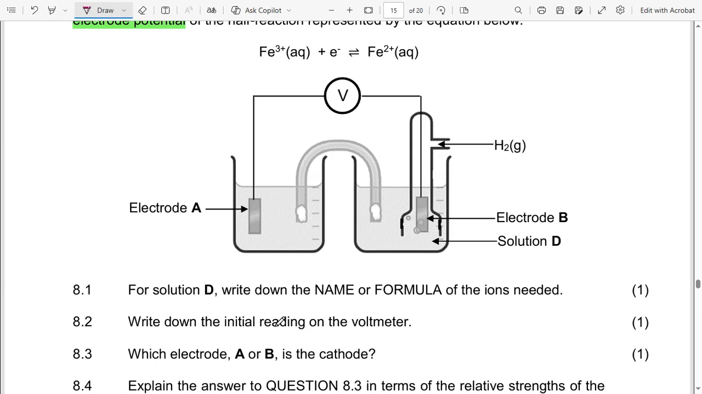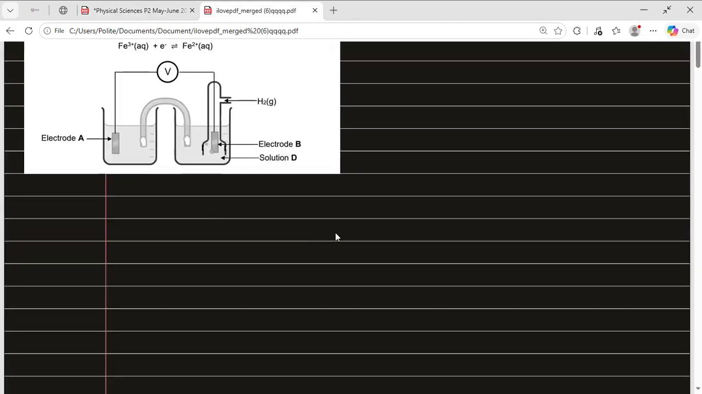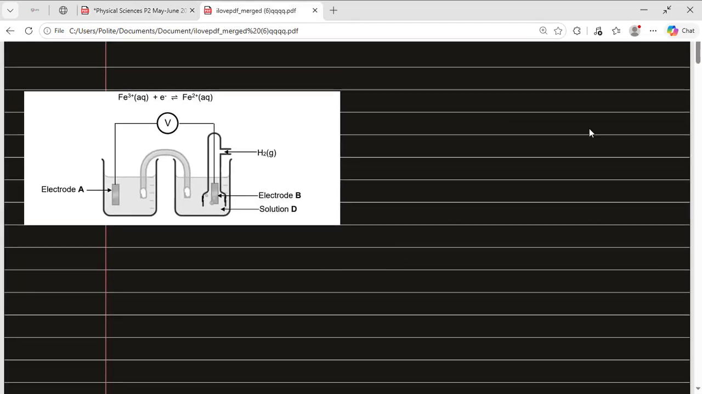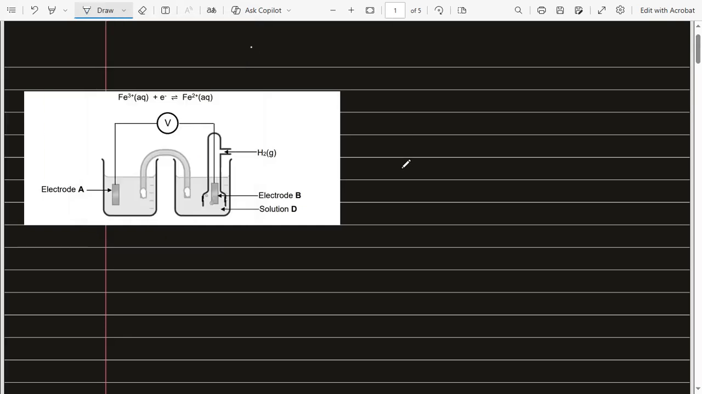Okay, so the first question says for solution D, write down the name or the formula of the ions needed. Okay, for the solution D, this is your solution D, and they want us to write down the name or the formula of the ions needed. So I'm going to give you guys step by step what you need to do. So this is what you are given. So first thing first, we can first start. So the first step to answer your 8.1,